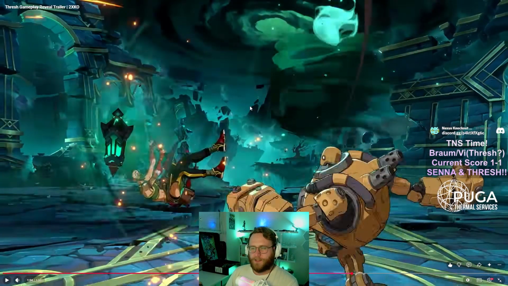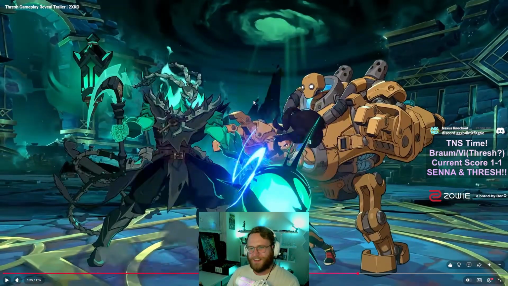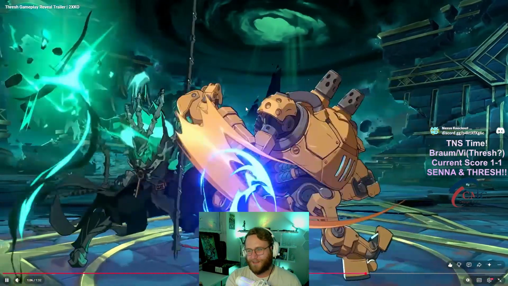Jump cancel off the charged J2H. Forward, heavy in the air. Blitzcrank gets a standing reset, which then gets hit. Cross up on the other side. And then here's where I'm gonna borderline need to go frame by frame for this shit. This is crazy. Tags to Blitz. Puts him in a